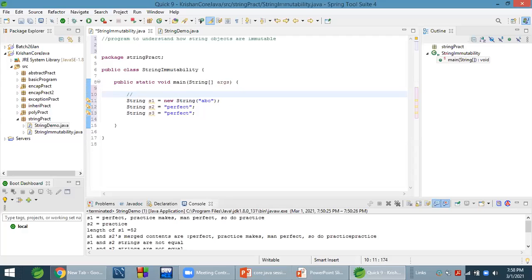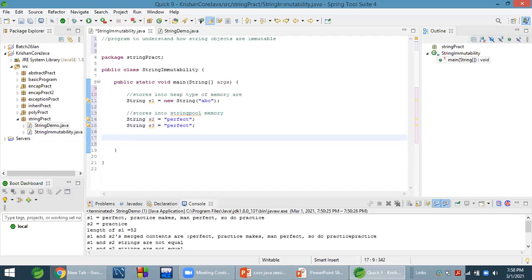This way stores into the heap type of area, and this stores into the string pool memory area. We will compare S2 and S3. Okay, if S2 equals S3,